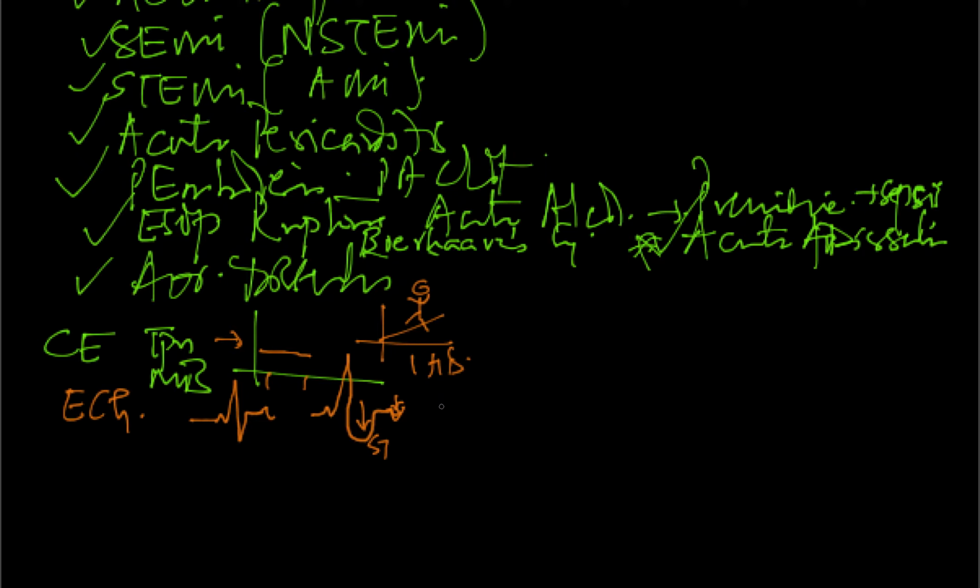What will happen in a setting where you have an acute MI? Here you have a PR, and then you have this upward concavity. So an upward concavity, which is here for the ST segment, that'll give you the diagnosis of acute MI. So we'll write an MI here, unstable angina here, and this is of course normal.